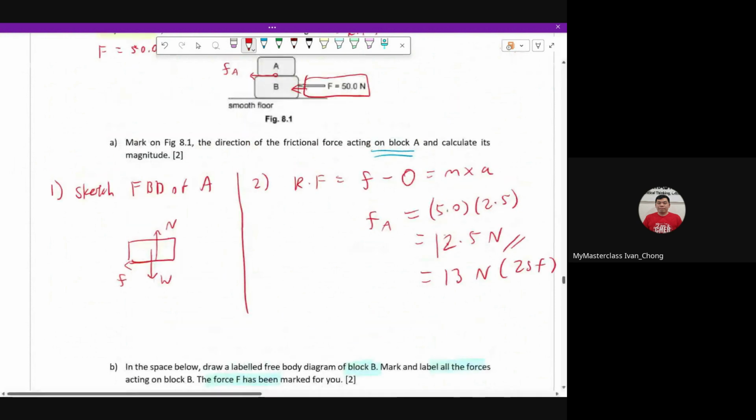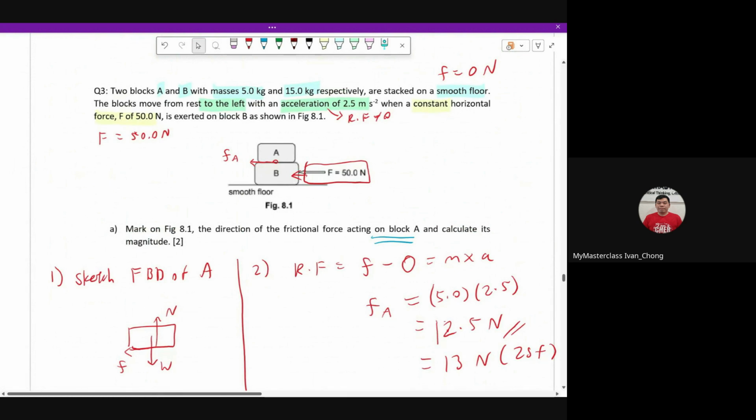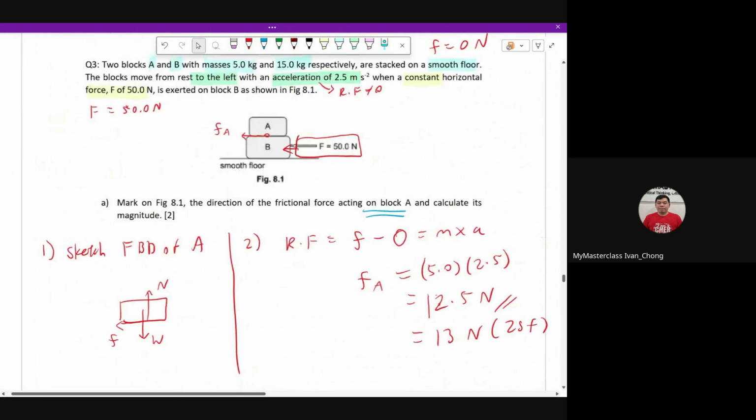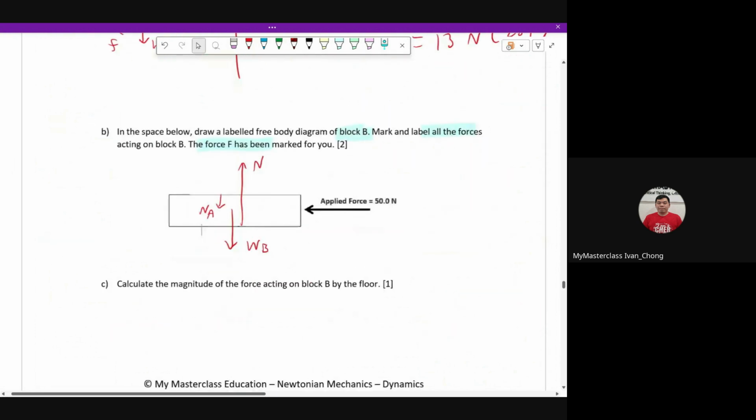And is there any friction? There is no friction. This is a smooth floor, right? But don't forget, because you're touching A, when you rub against A itself, there's actually going to be a friction of A. Okay, now take note, this is in your opposite direction. Why is that so? Because